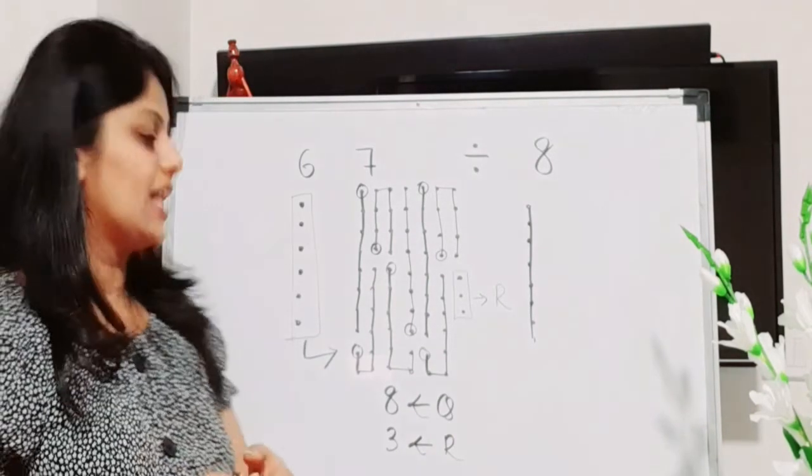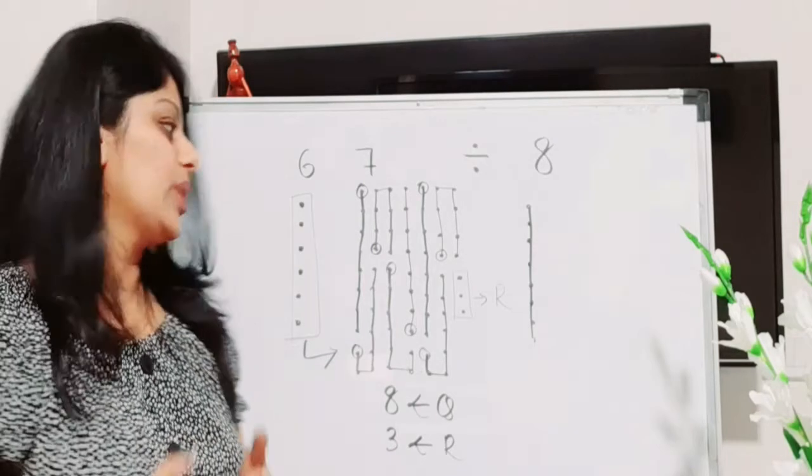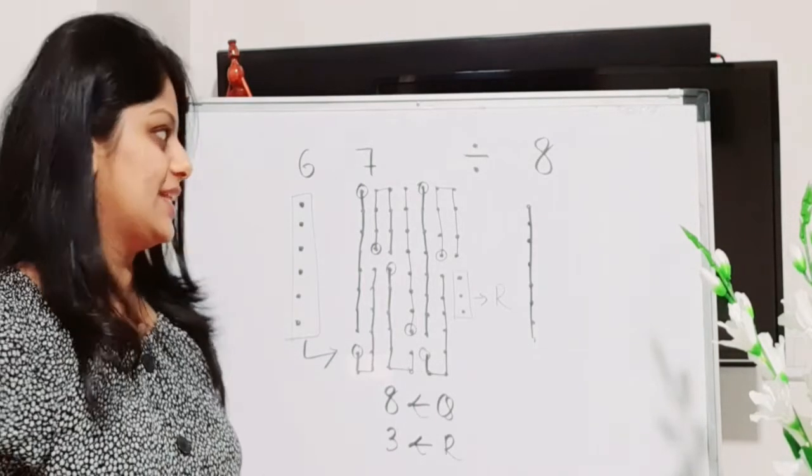You can check with the calculator, or you can check manually by the traditional method. You will get the same answer. So friends, I hope this video is useful for you all, and I also hope that I have covered all the different types of questions asked by you. If it is not divisible, or if it has a 0, or the number is greater than the given number, all those types I have covered.